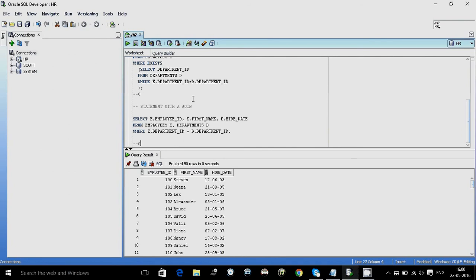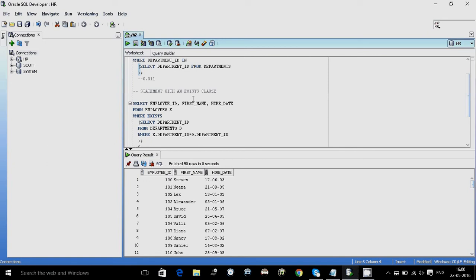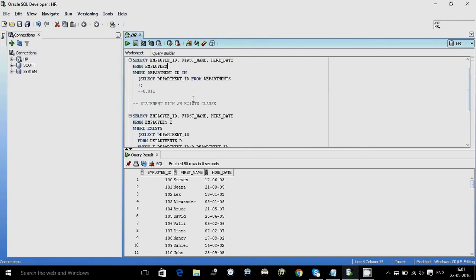Always, joins are good. Now a tricky part with EXISTS clauses: normally people would say EXISTS is always better than IN, but that is not the case. If the inner query has fewer rows than the outer query, EXISTS would work better. But if the inner query has more rows than the outer query, the IN clause would work faster.